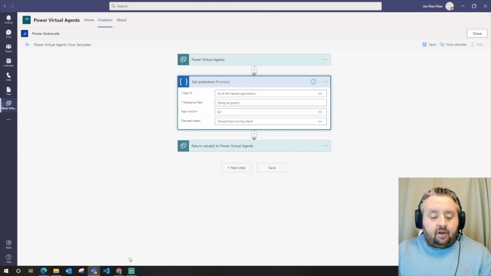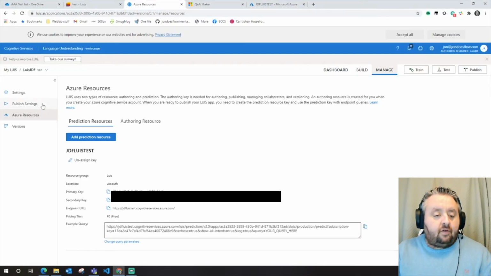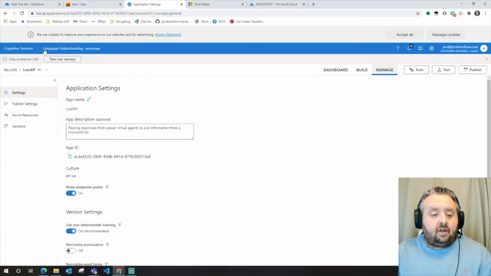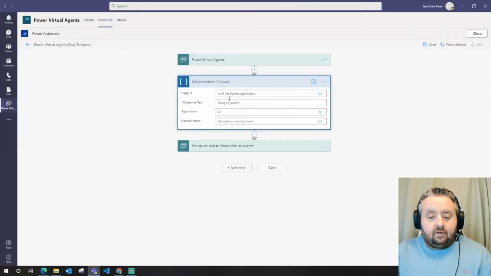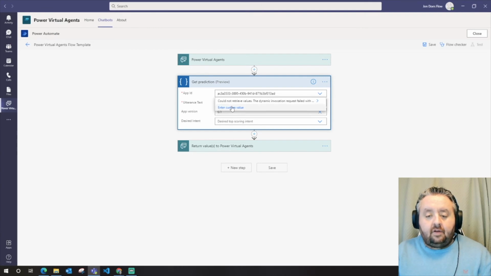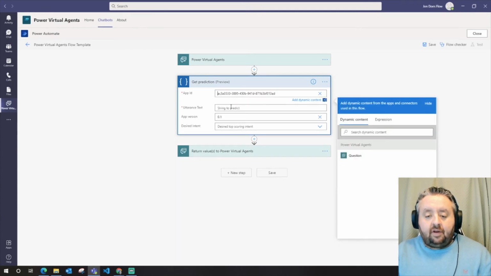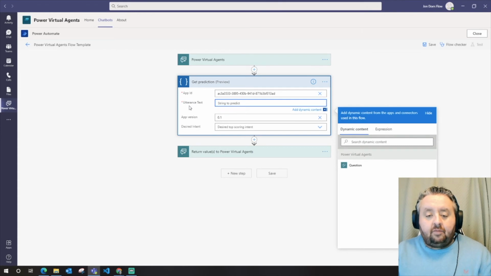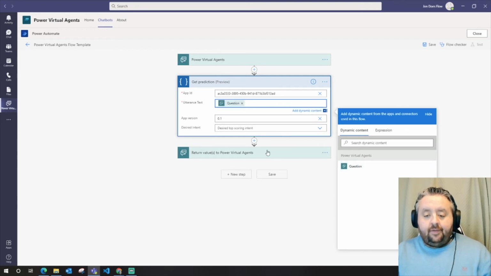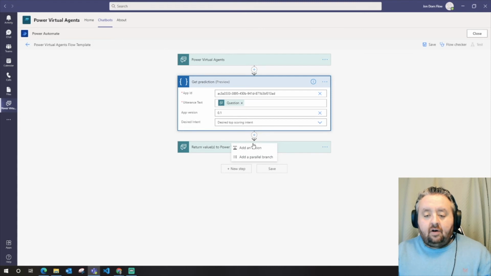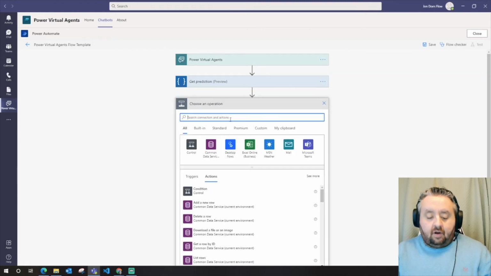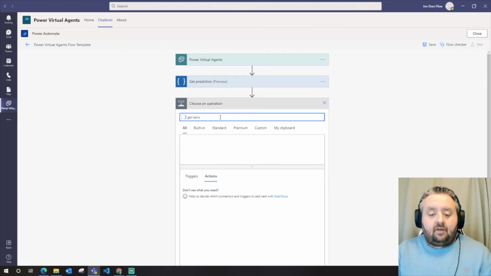Now the app ID, we are going to get that from the settings page inside LUIS, and it's here, so copy that, paste that in there. Sorry, enter custom value, paste that in there. What we're going to predict is the utterance text that's being supplied from Power Virtual Agents, so that's the question value. And then we are going to connect to our Microsoft list, so we're going to use Get items,